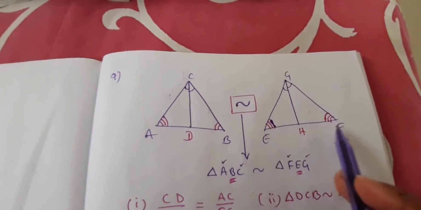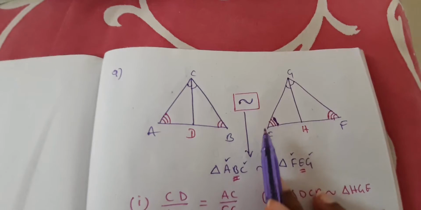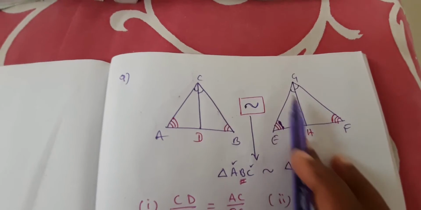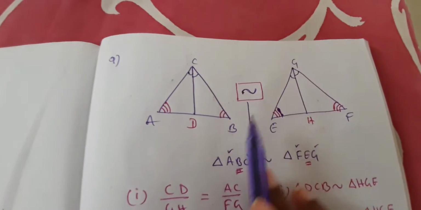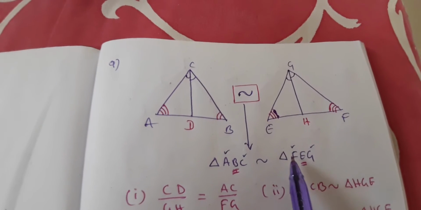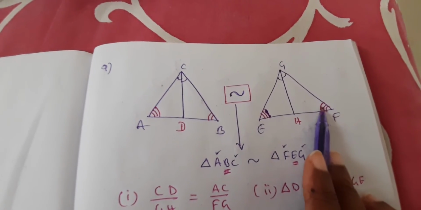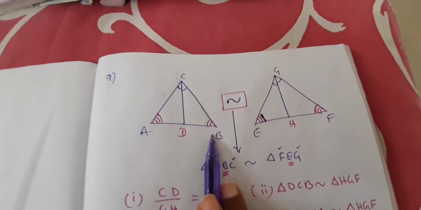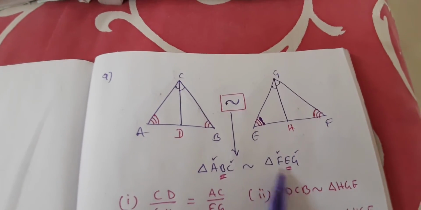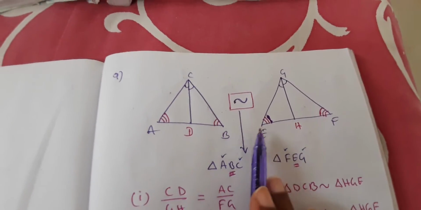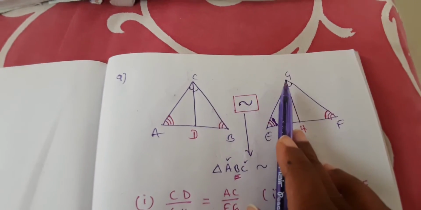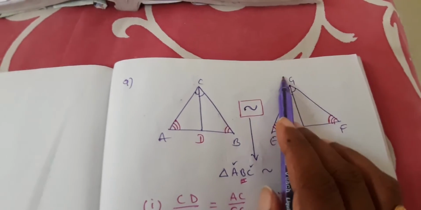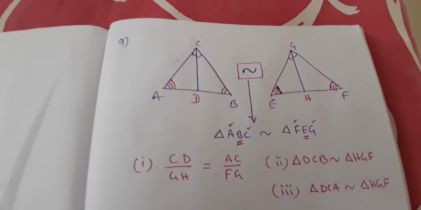Suppose if you start FEG here, then it would have been very much clear for you. But it is very obvious that ABC, EFG are the triangles that if we draw, then what are the corresponding angles? A corresponds to F. That means this should correspond to this. Can you see? 3 curves here for representing angles, 3 curves. And B is the middle angle here. And now therefore E is the middle one here. So these two correspond to each other. These two correspond to each other. And C and G correspond. So therefore, what is the triangle which is similar to ABC? This is the triangle. FEG is the triangle similar to it.